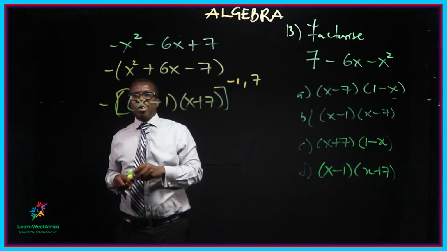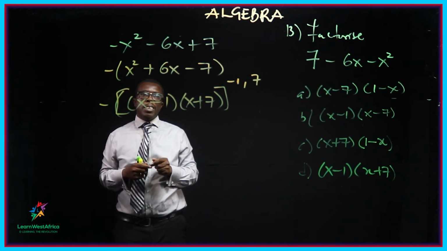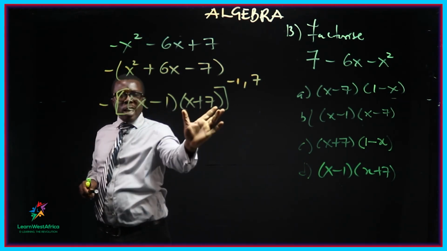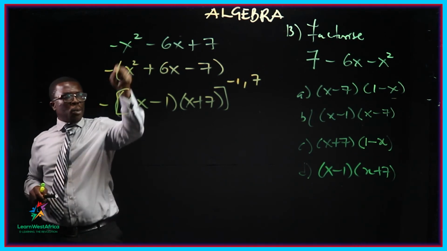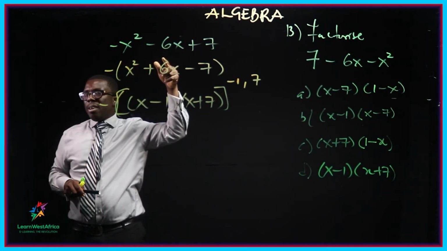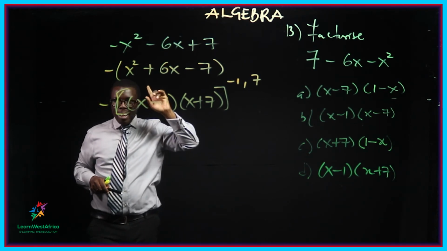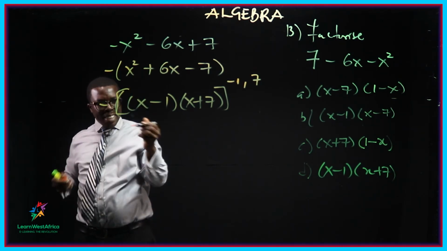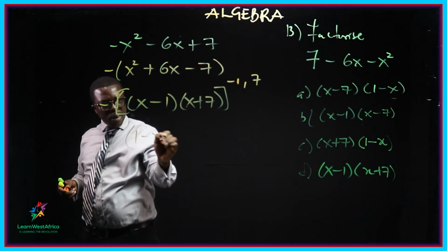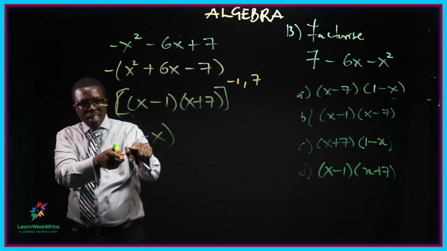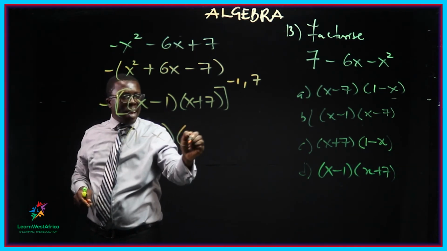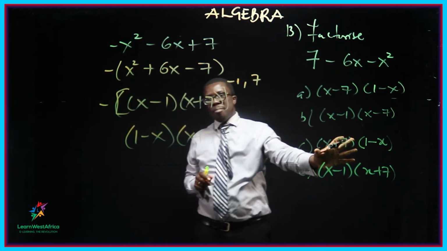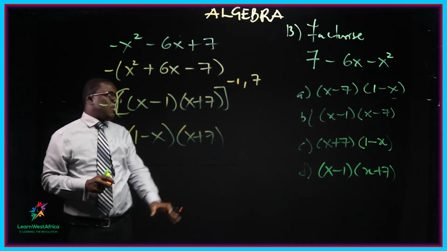What happens if you push a negative in there? With the negative, in x minus 1 and x plus 7, the negative can affect either one. So the negative goes first bracket and the negative goes second bracket, it can affect both. Either negative will affect the first bracket or the second one. So negative will affect the first bracket and it becomes 1 minus x. But what you say, because minus better than plus, now x with negative, we now acquire x plus 7. So our answer is 1 minus x times x plus 7, so you just choose C as